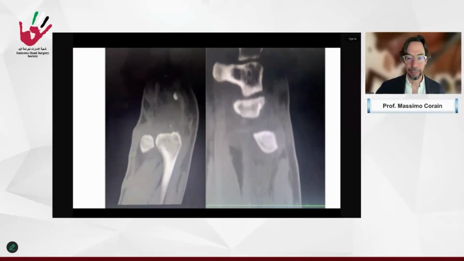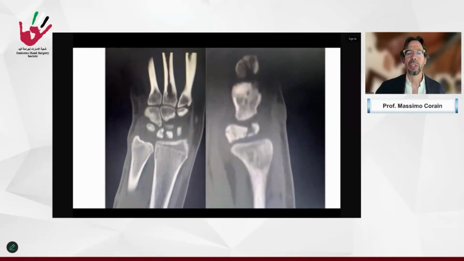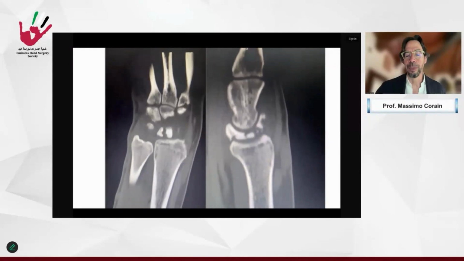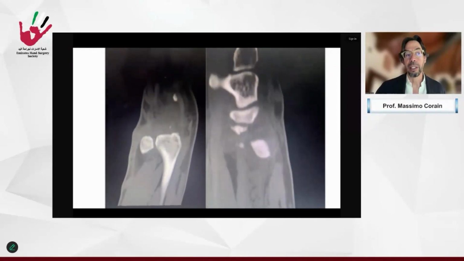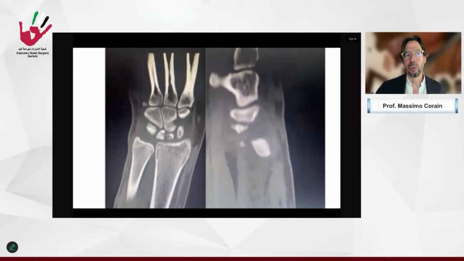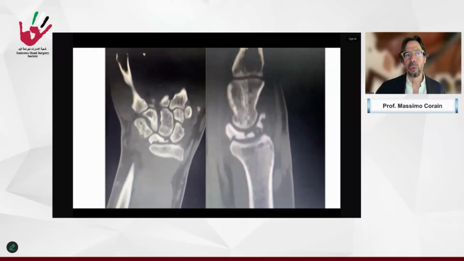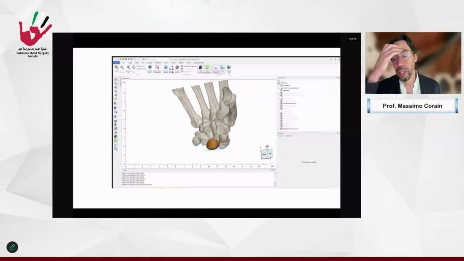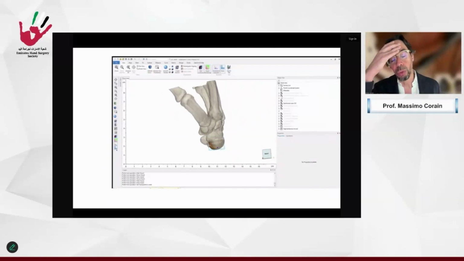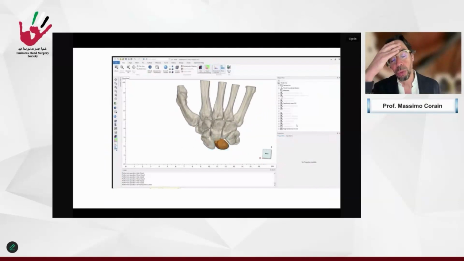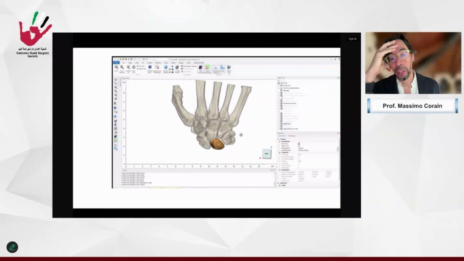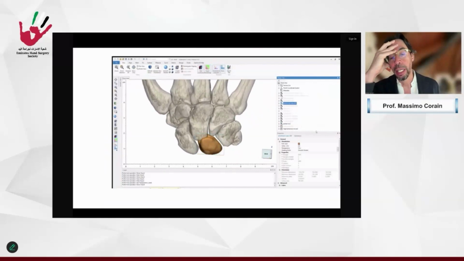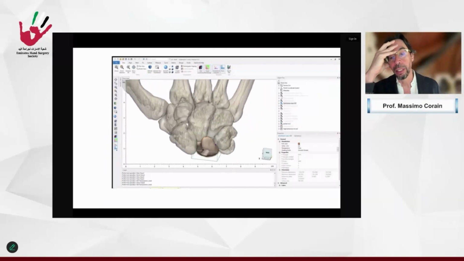This patient was 22, 23 years old, so I decided on either a proximal row carpectomy or to try to use a lunate prosthesis. I had experience of 12, 13 cases with lunate prosthesis in pyrocarbon, not custom-made, but I tried in these cases a custom-made one. So with the engineer, we decided to design it. The problem was how to fix the lunate to the scaphoid and triquetrum, and it is an actual problem for a surgeon approaching this kind of surgery, which is not easy. And I thought about 2 ways to fix it.